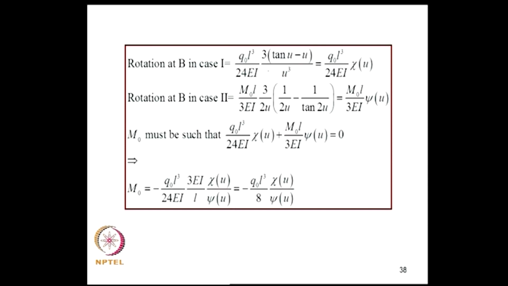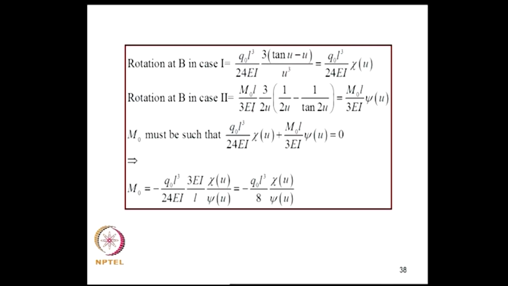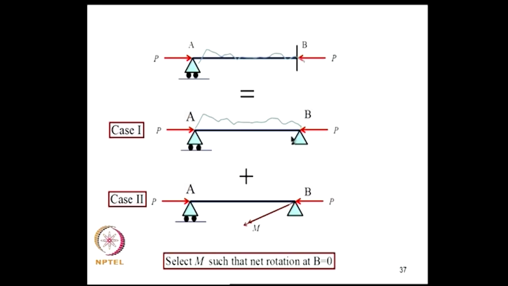So, we have this expression for rotation, Q naught L cube by 24 EI, which is the rotation in absence of axial load, and this is the magnification factor, which we have called chi of u. Now, rotation at B in case 2, here again we have solved this problem and obtained M naught L by 3 EI into this, which we call psi of u. So, M naught must be such that the sum of these must be equal to 0. That gives me an equation for M naught, which is Q naught L cube by 8 into the ratio of chi of u and psi of u. Using this M naught I now have the solutions, I can superpose and obtain the solution to